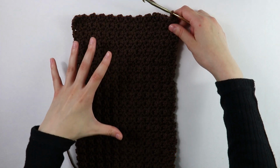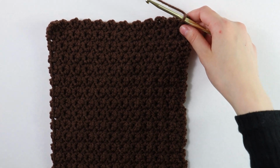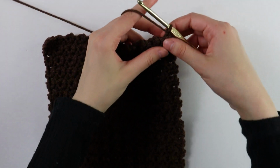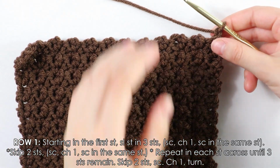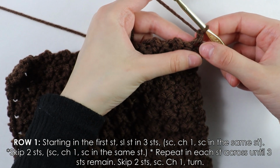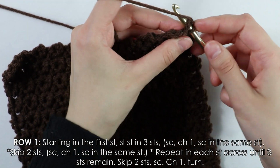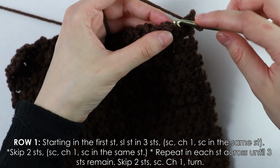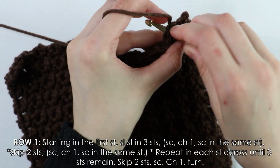And once you have all of your rows complete, we're now going to begin on working some decreases. So beginning on row 1 of our decreases, into this first stitch, skipping this first turning chain, we are going to work 3 slip stitches. So this is the first stitch. I'm going to work a slip stitch, then into the next stitch as well, then into that third stitch,